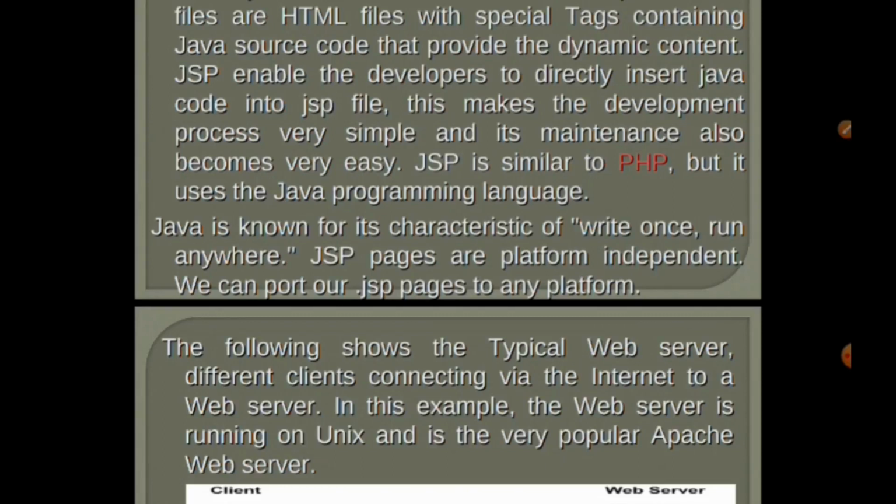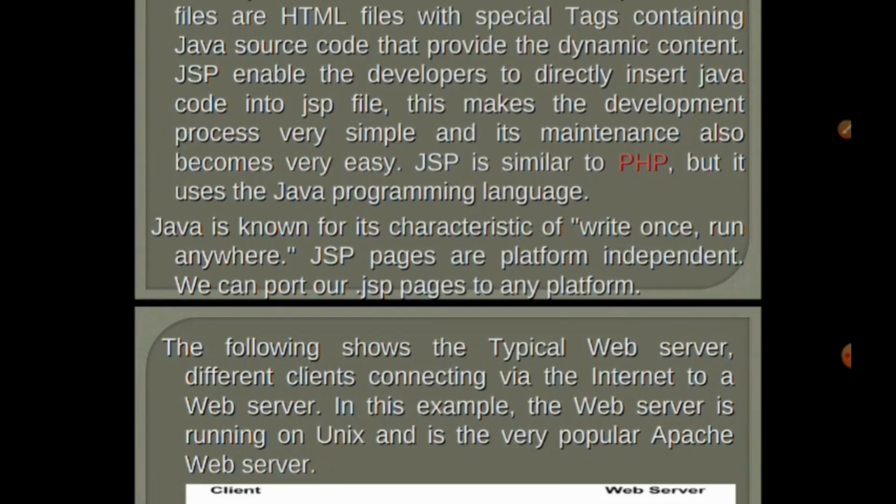We can move easily from one machine to any machine. That is why we call JSP write once, run anywhere.